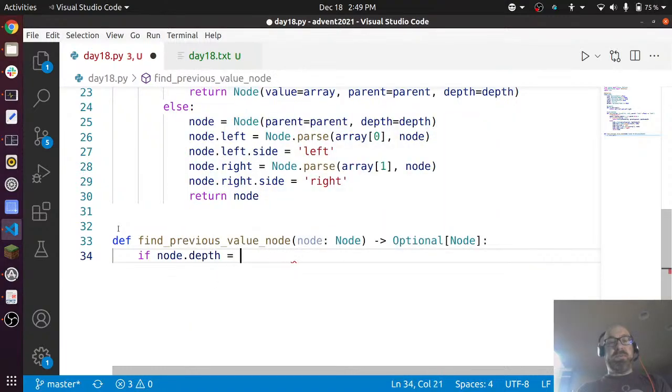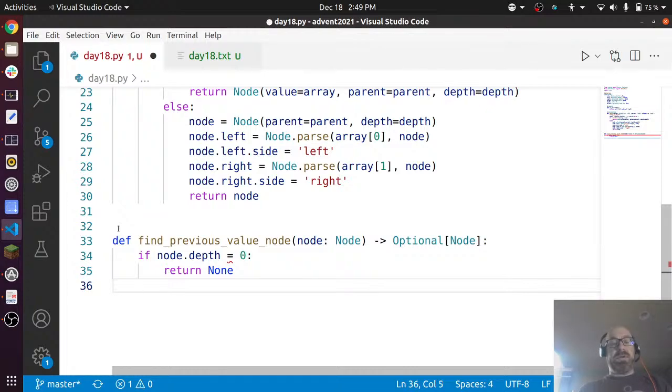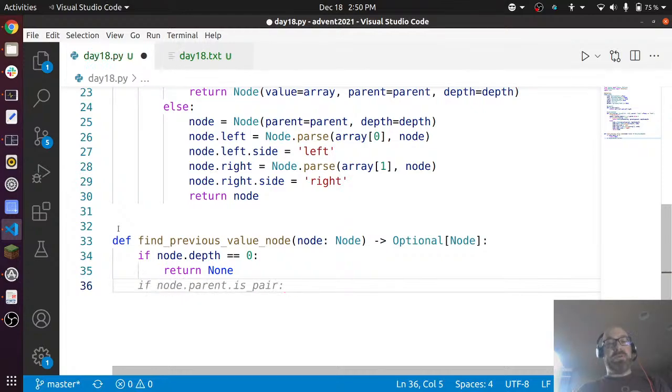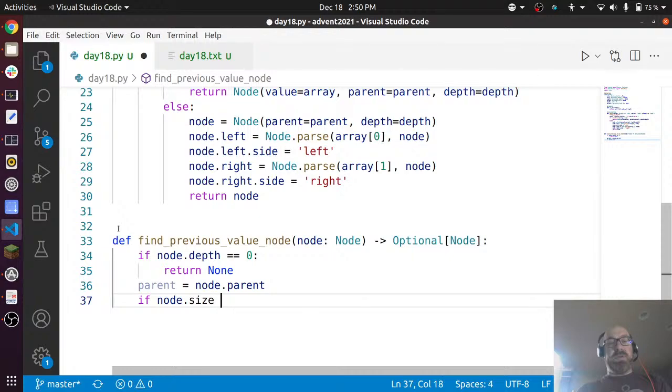If node.depth equals 0, return none. If node.side, otherwise parent equals node.parent. If node.side equals right,